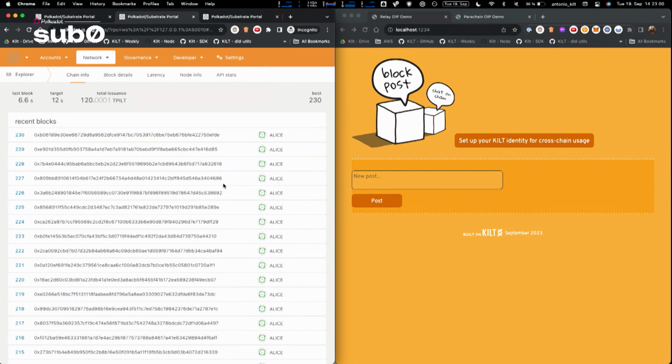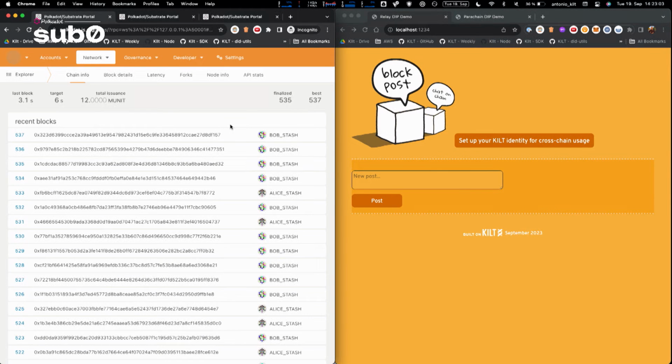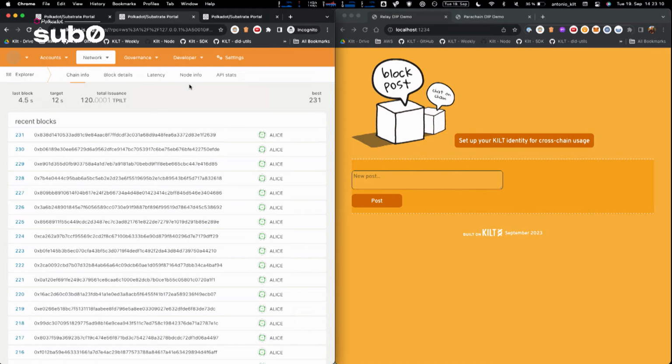Yeah, so for the demo, I have set up a local environment that is a local Rococo relay chain, which is this one. There's a local instance of a KILT parachain, KILT Peregrine, which is our testnet runtime, which is, of course, connected to the relay chain. And then there's a consumer parachain. This is a dummy parachain which has, besides the basic system pallet and basic utility pallets, a pallet that allows anyone that is identifiable by a Web3 name, whatever that is, to post some on-chain messages for other people to like or comment.